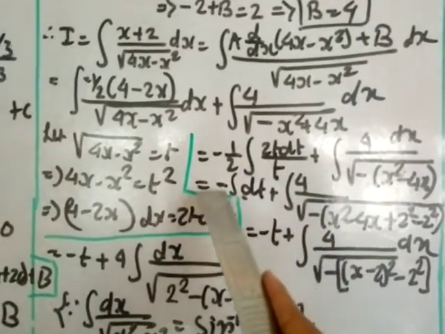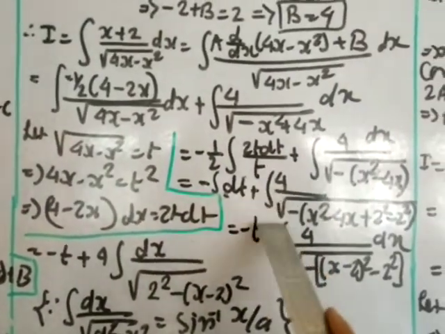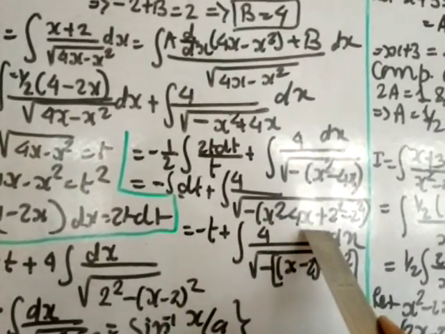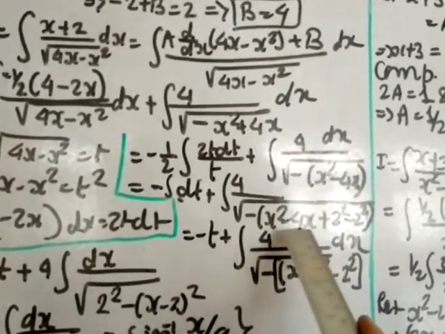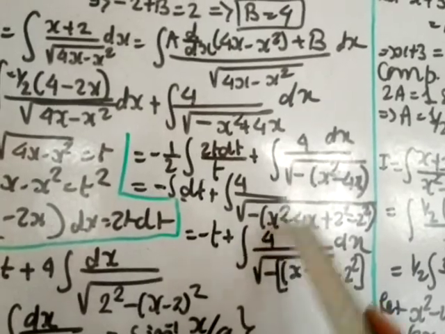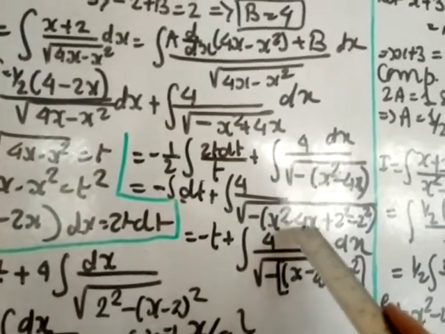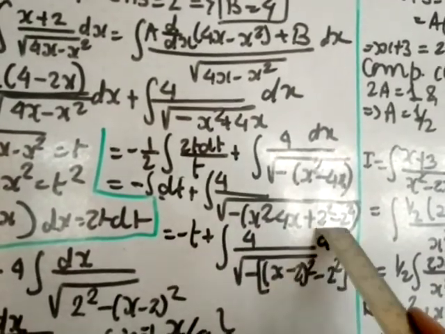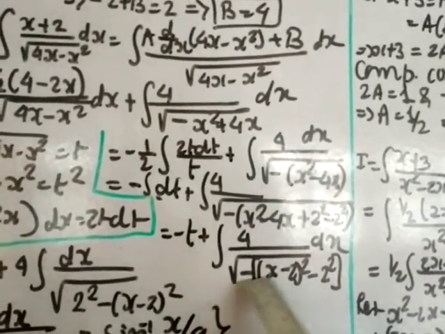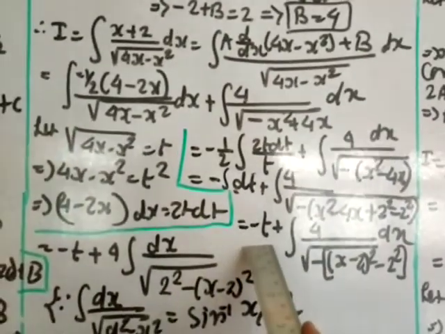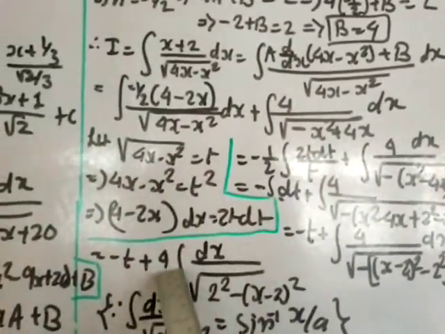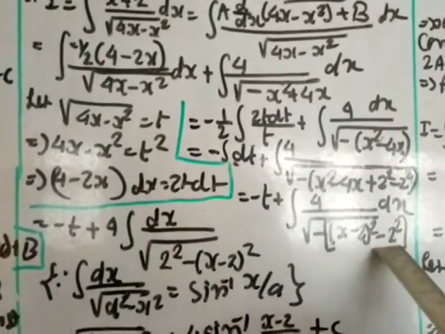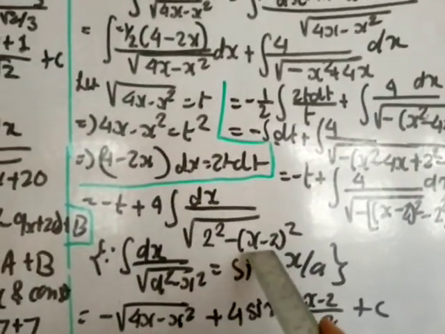So minus integral dt plus 4 integral dx, taking minus common, already I have taken x square minus 4x, plus I will take the coefficient of x and divide by 2, so 4 divided by 2 gives you 2, so I'll add 2 square minus 2 square. So this is a perfect square of x minus 2 whole square, and this is 2 square. Now multiply inside by minus, and this integral gives you minus t. So minus t is here, plus 4. I'm multiplying inside and interchanging, so this becomes negative, this becomes positive. So this positive is written first and negative later.